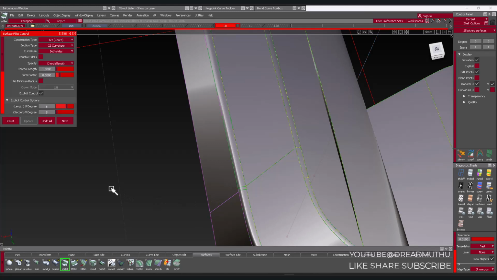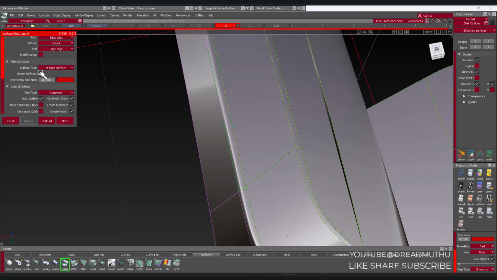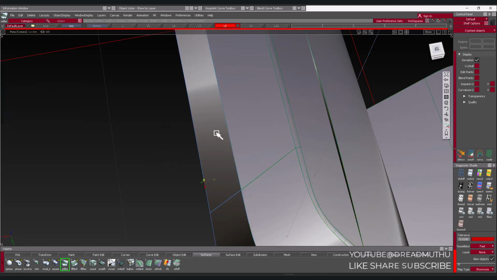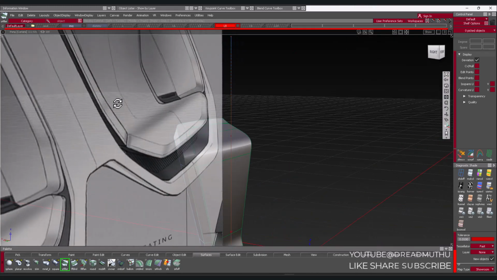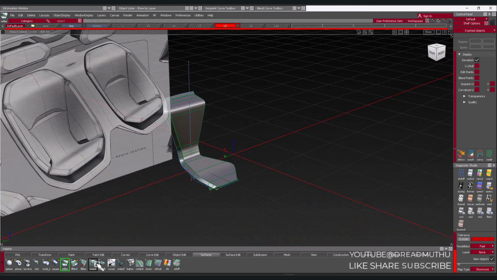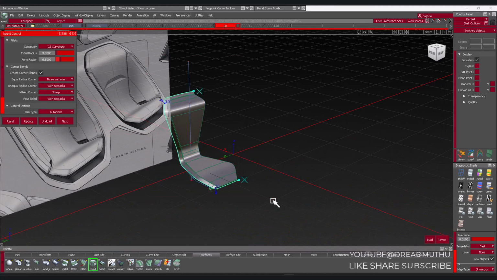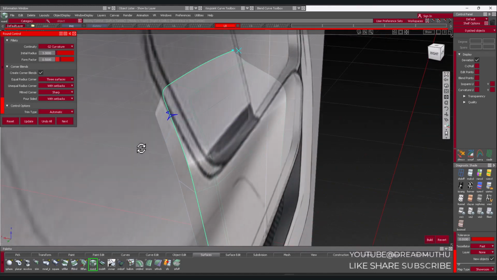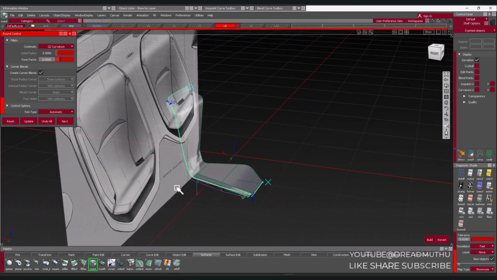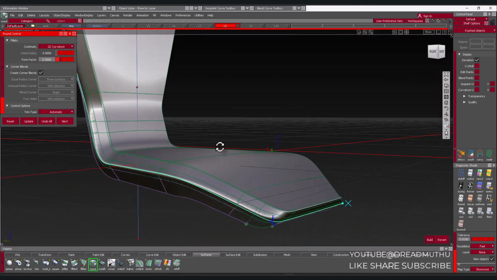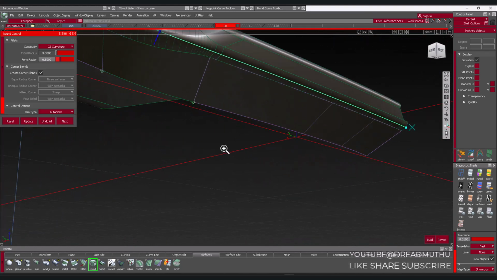Yep. And we'll use round again. Let's see how the surface is created. So far it's okay. I'll just select these curves, dump it,